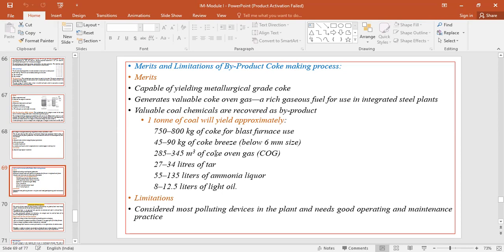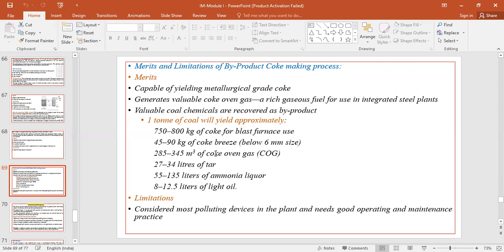Any one method can be adopted as per the availability of resources. Some plants have a byproduct coke making process, and some plants have the non-recovery coke oven process. Whatever it may be, the end product will be the